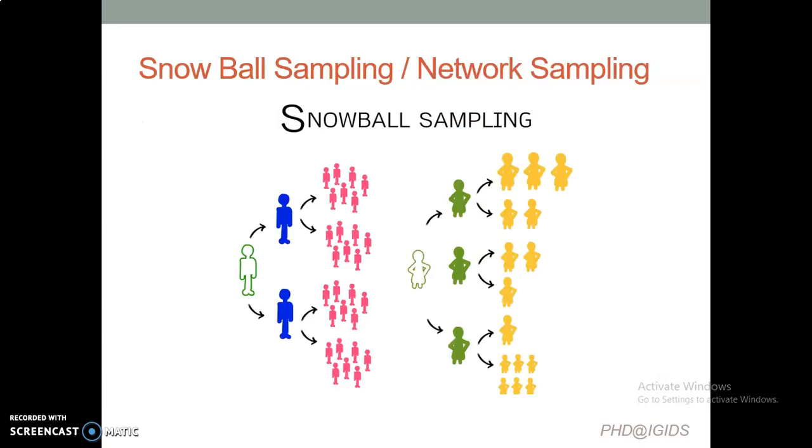And the fourth method is called snowball sampling or network sampling. In this technique, suppose I want 100 smokers. I catch hold of 5 smokers and I tell them to go and get their friends. So they go and call their friends, who in turn go and call their friends. So as the snowball rolls down the hill, as the size increases, similarly by networking, the size increases. So I just need to identify 5 smokers and ask them to get their friends through contact. So this is known as snowball sampling or network sampling, where through networking you try to get the maximum number